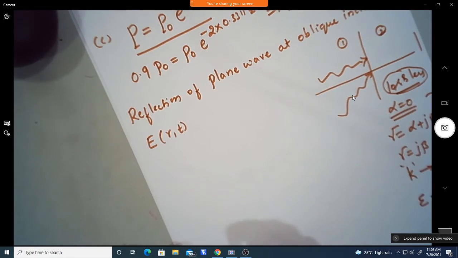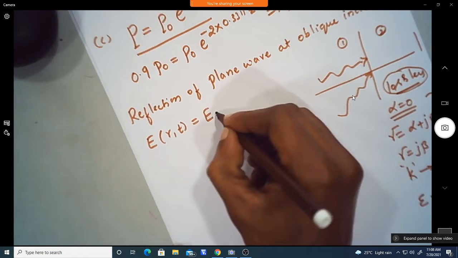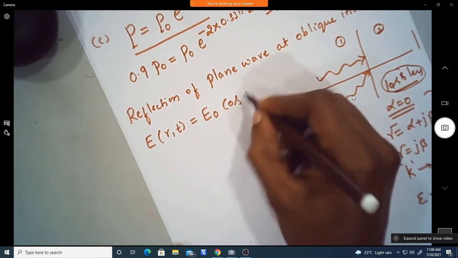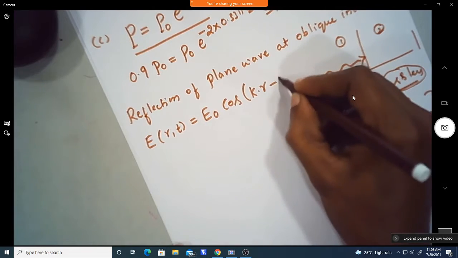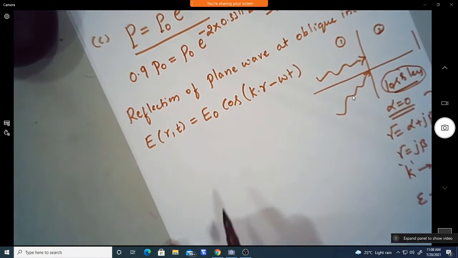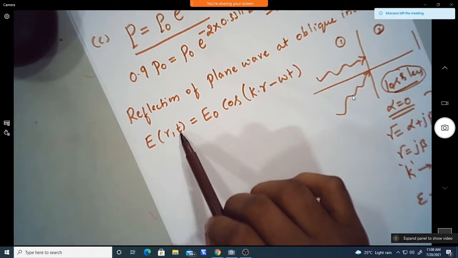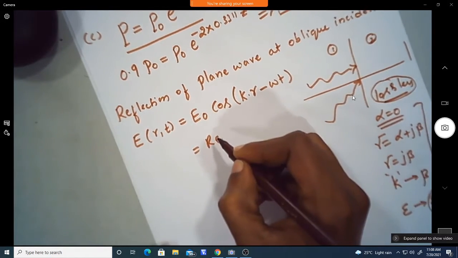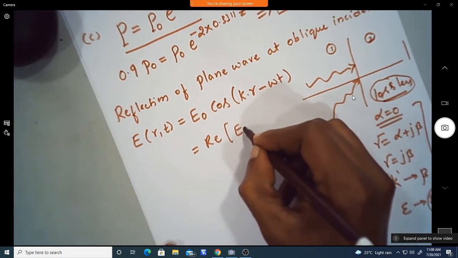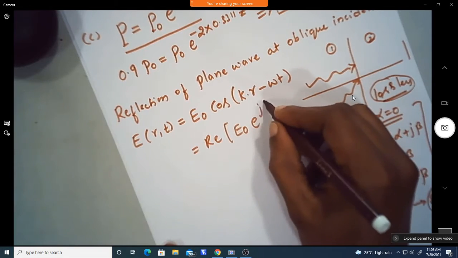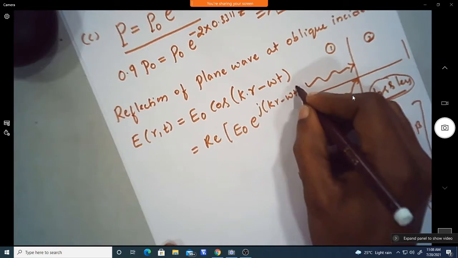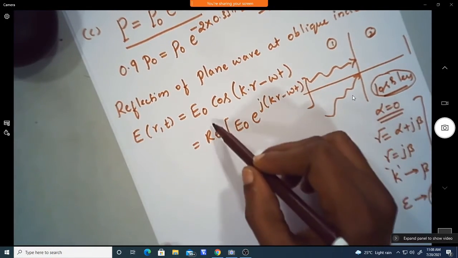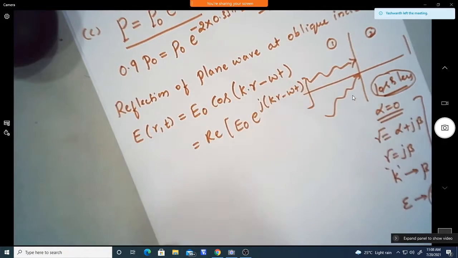Okay, so now if you consider the general uniform plane wave, with respect to the propagation and with respect to time, we can write it as E of r comma t, which is nothing but E naught into cos of k dot r minus omega t. So this is the propagation direction r and at time instant t. Okay, if I want the real part, we can express it in terms of the exponential factor, e power j times (k dot r minus omega t). This is the general equation, and if I want the real part, it will come.